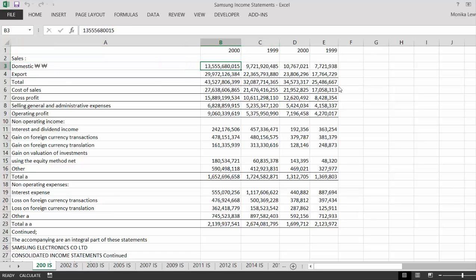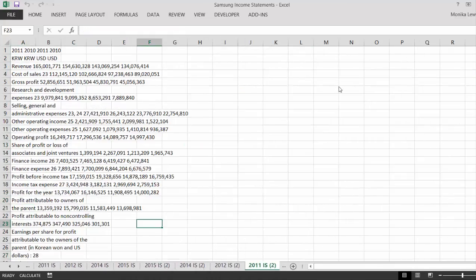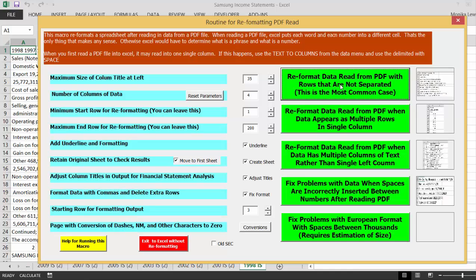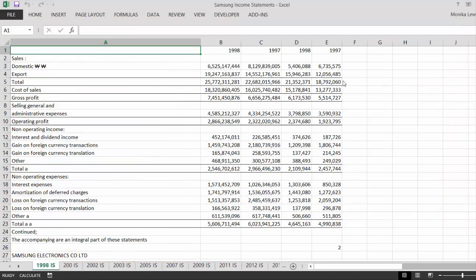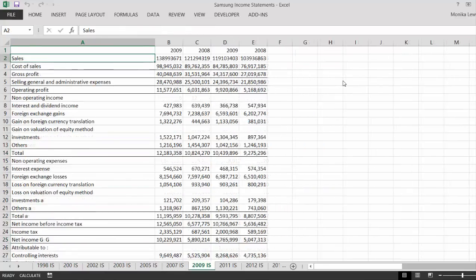Oh, look, they had a different unit there in one, but that doesn't matter. We'll use the USD and we'll have to make some adjustments to these horrible things that were in just one. And finally, we've got 2008. Now, once you've got all of these, okay, what I suggest doing is